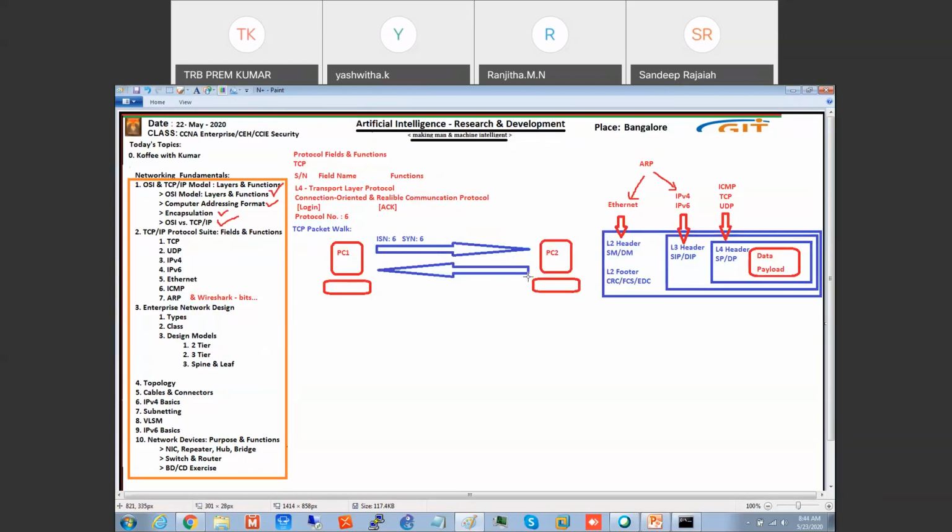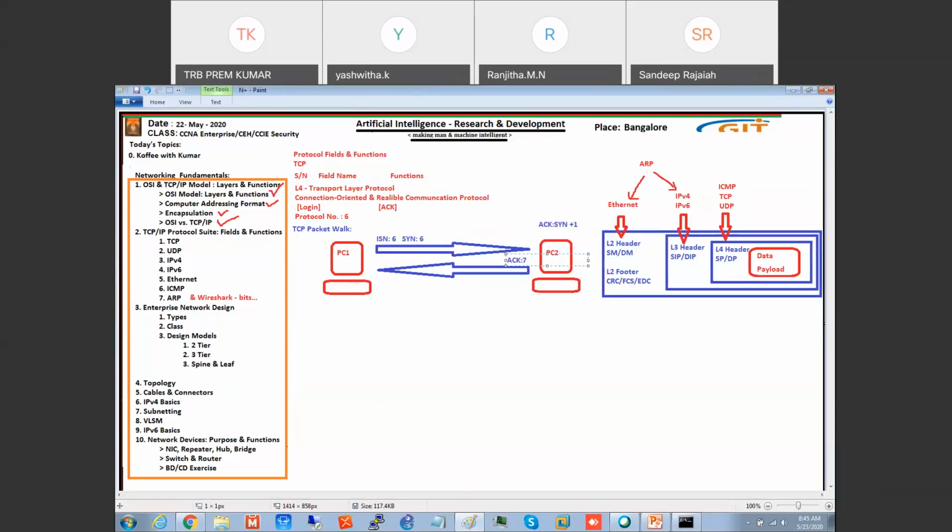For every communication, PC1 has to receive an acknowledgement. The acknowledgement number comes in the format SYN plus 1. I sent 6, right? So the acknowledgement number will be 7.